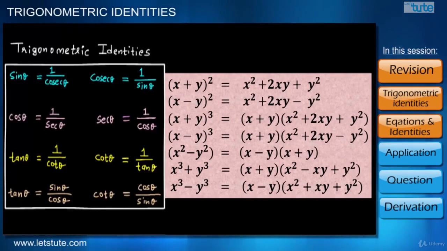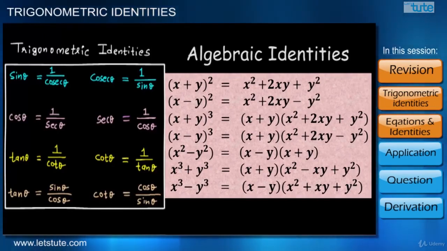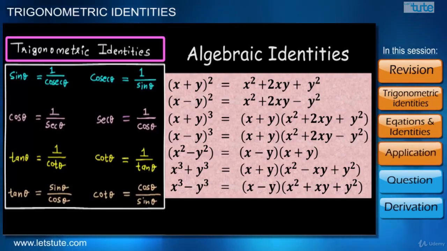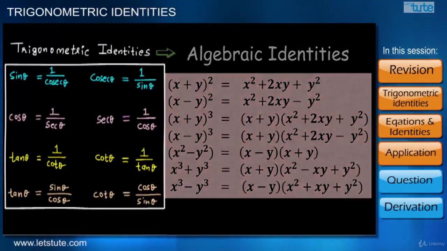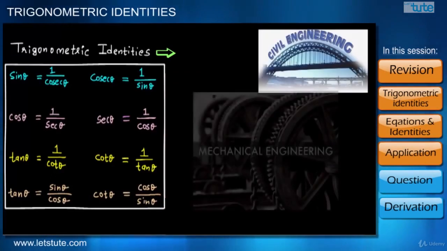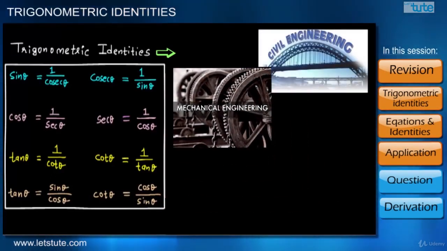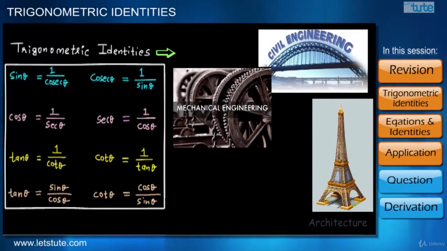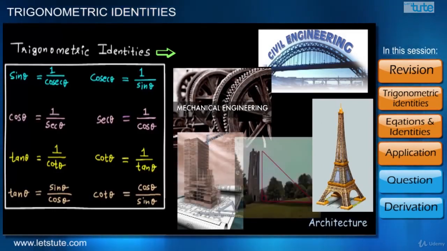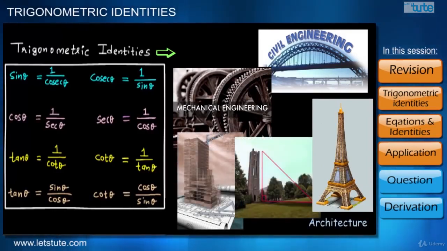But these are called algebraic identities. Algebraic because these expressions contain only numbers, letters and arithmetic operations. But we might also be thinking, where do we use trigonometric identity? Trigonometric identities are used in civil engineering, mechanical engineering, and these are used heavily in architecture, especially in developing large infrastructure. So like this, there are many more uses, but that we will learn as we proceed further in our